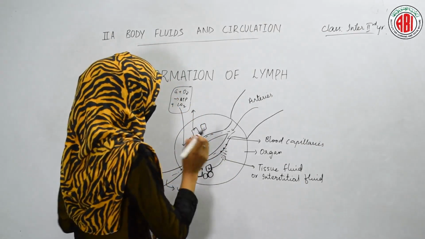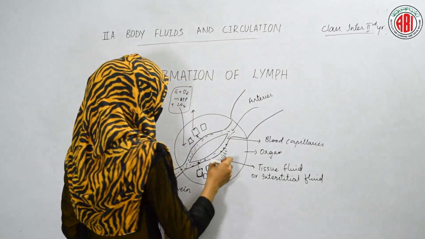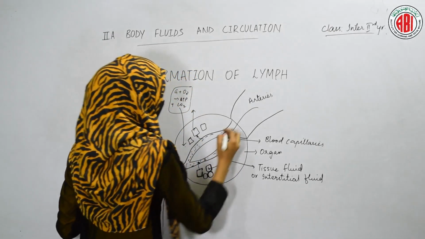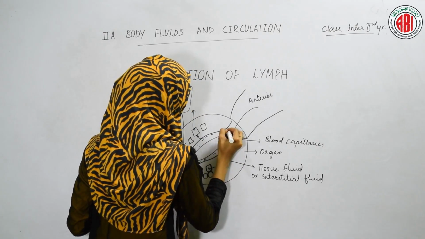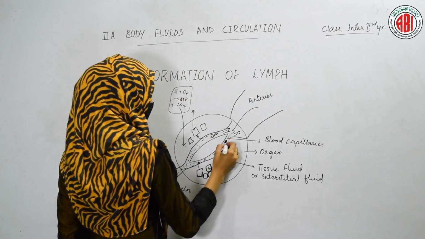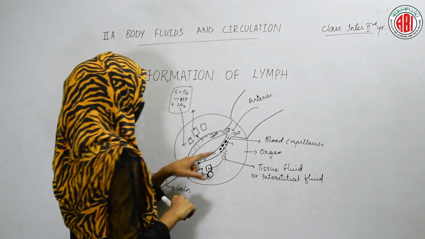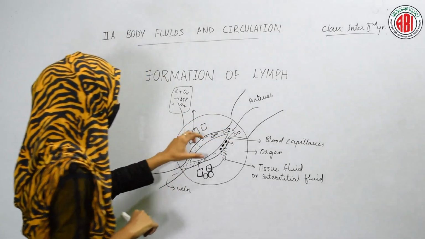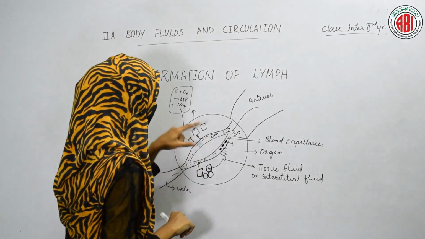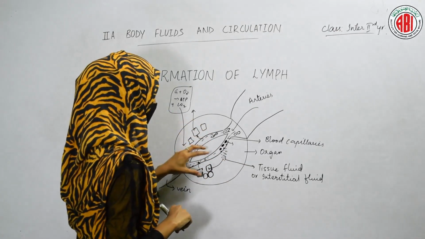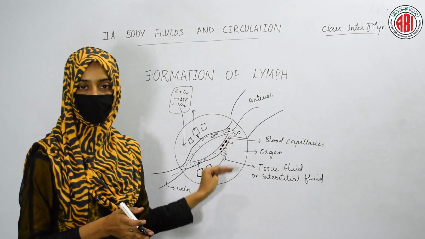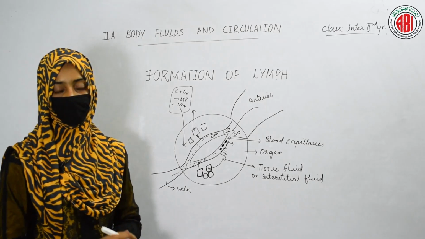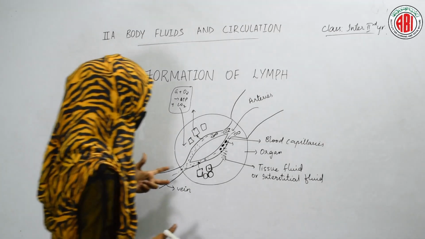So, here, as I told you, some proteins are present in the blood, and even the red blood cells are found, right? Red blood cells and proteins do not come out. They cannot come out through the holes present over the blood capillaries. Only the tissue fluid can release out of our blood capillaries. If 3 liters of tissue fluid comes out of our blood capillaries, then 3 liters would not come back to the blood capillaries. So, where does that fluid go?